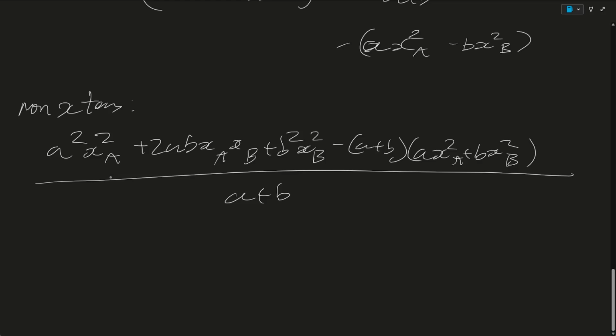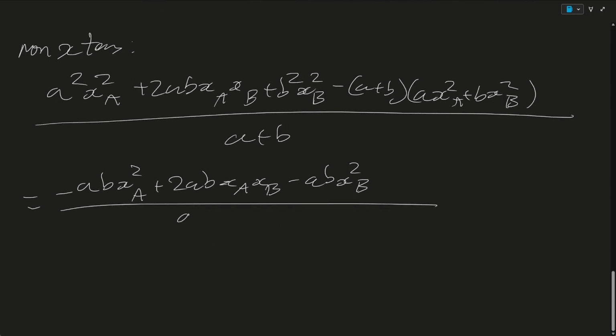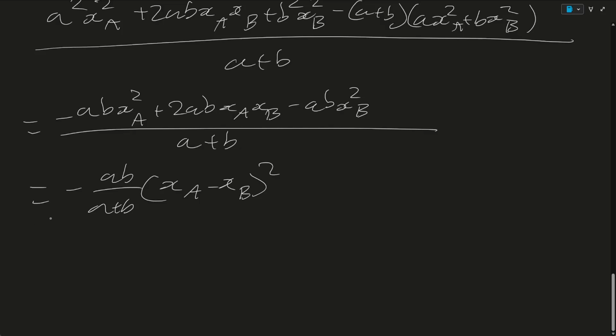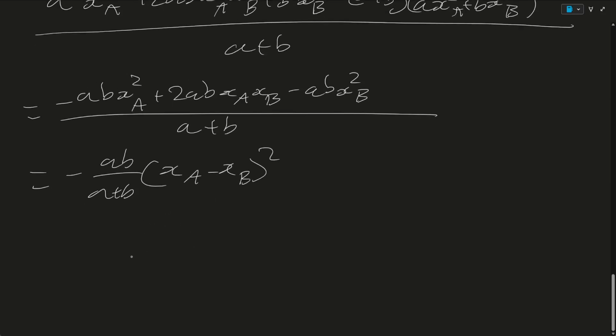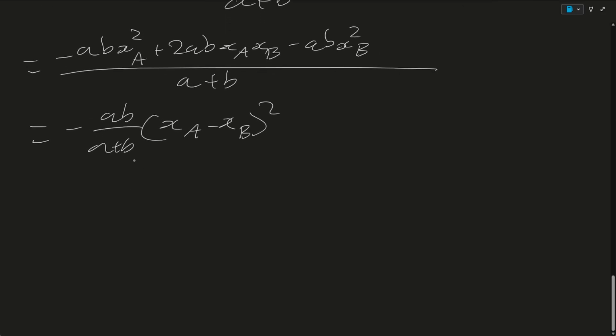That should simplify quite nicely, I think. It gives ab over a plus b, with a minus sign. Factor that out as (x_a minus x_b) all squared, which is a perfect square. And the integral of which